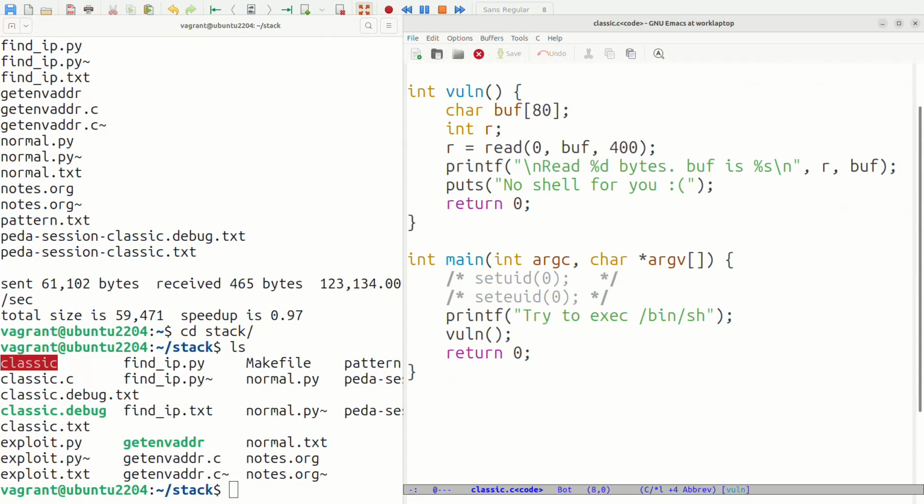So here's the program. We print out this statement here, and we call vuln. Inside of vuln, we've got an 80 character buffer, and we read in 400 characters. Now, you probably wouldn't do this explicitly. This might be done through a string copy or other unprotected memory copy commands, but just for the sake of